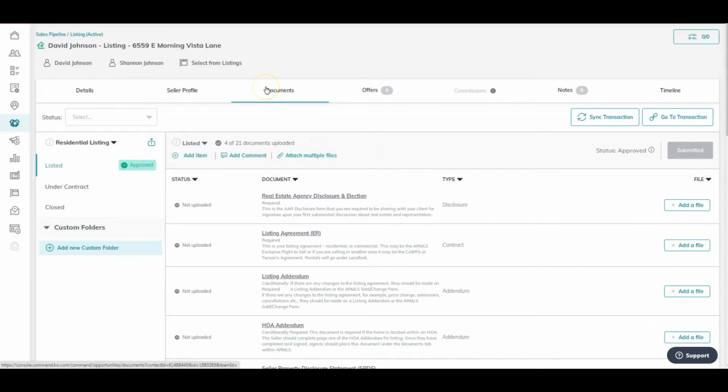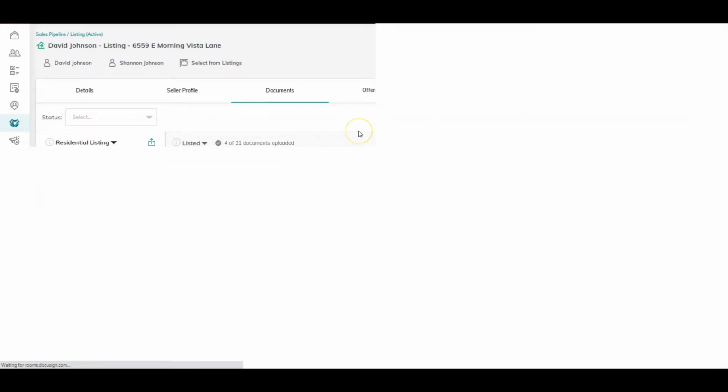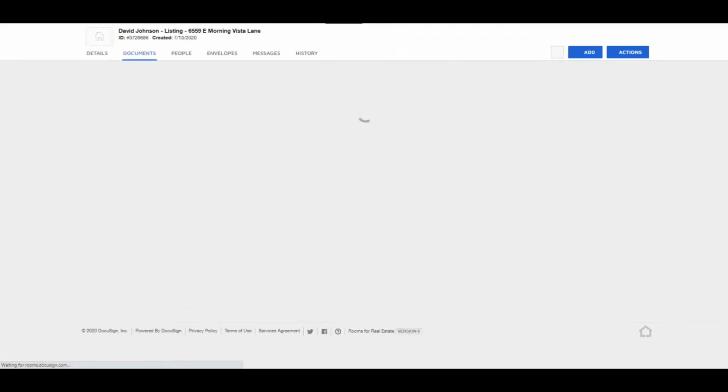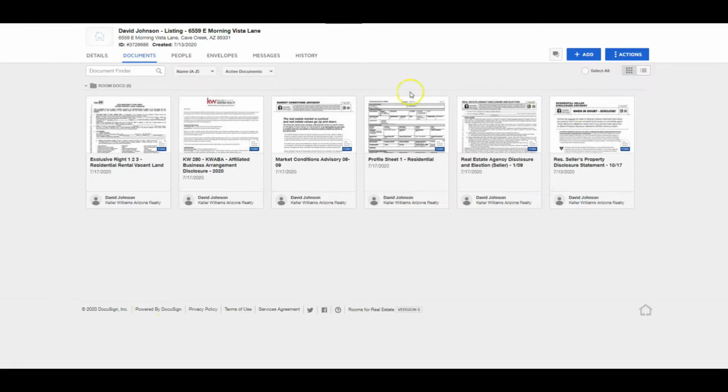So I am already in my opportunity. I've already created it and I've already linked it to a room within Docusign. So let's go ahead and go to that room and we're going to get some docs signed. The very first thing you're going to see is there are already some listing documents in here. Normally you would come in here and there'd be nothing in the room, and so I tell everybody to work